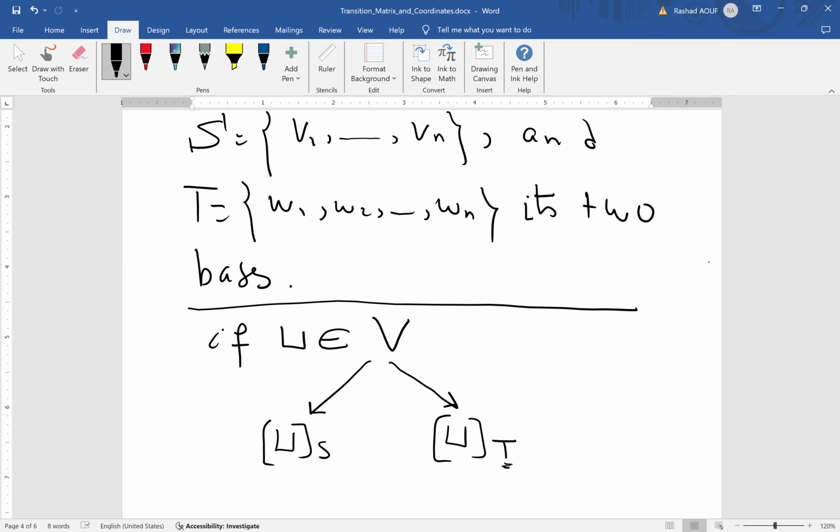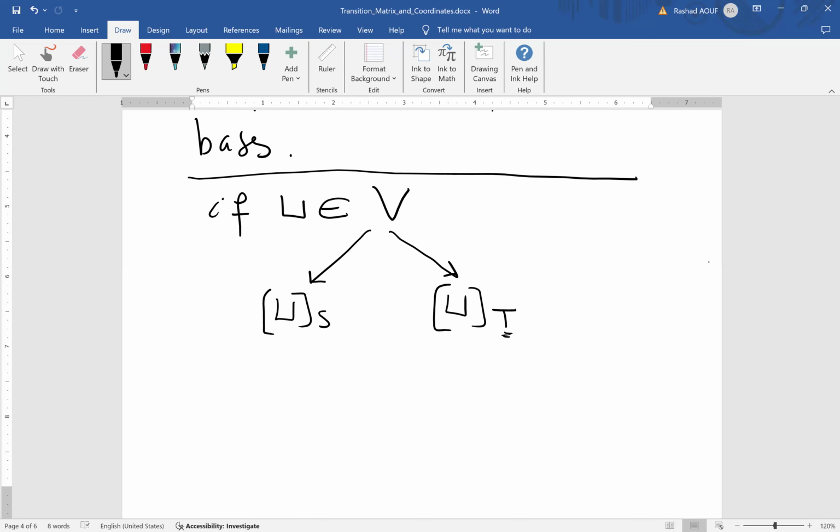المفروض يكون أنا هون في عن كيف بروح من S to T أو من T to S في عنا square matrix هو n by n matrix بنسميه نحن transition matrix يا بيكون from T to S يا اما from S to T exactly. واذا انا طلعت واحد منهم الثاني هو الانفرس له اوكي. يعني انا اذا بدي اروح from T to S المفروض لاقي شيء اسمه transition matrix اسمه P T to S اوكي. نفس الشيء اذا بدي اروح من الاس لل T المفروض لاقي transition matrix from S to T والريليشن بيناتهم انه واحد هو الانفرس للثاني. اوكي يعني اذا انت طلعت انت بي اس تي عملت له الانفرس بيطلع بي تي اس، اذا طلعنا البي تي اس عملت له الانفرس بيطلع البي اس تي. اوكي؟